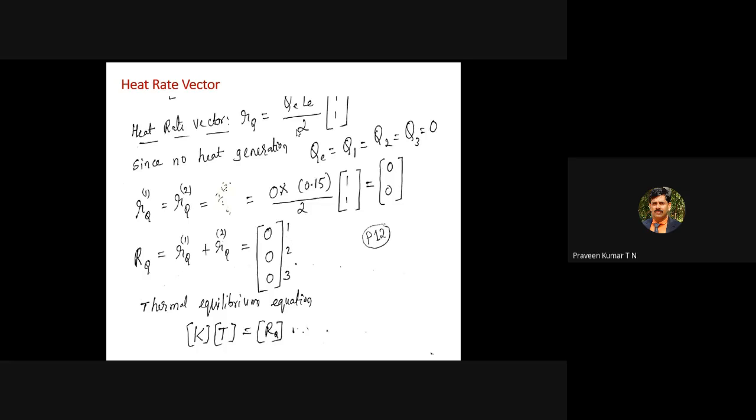So even though it is a UDL, finally it is applied as a load at the nodal point. The UDL will be converted to point loads, PL divided by 2, PL divided by 2. If the total weight of the beam is 1000 kg, then 500 kg is applied at node 1, and another 500 kg is applied at node 2.